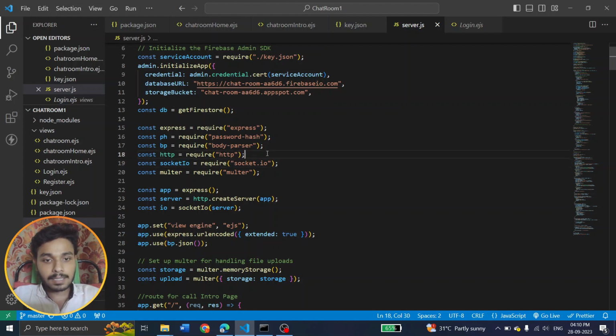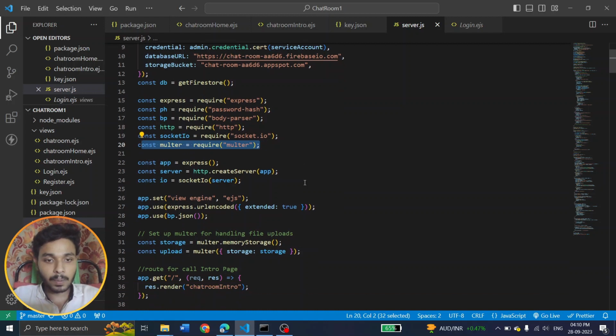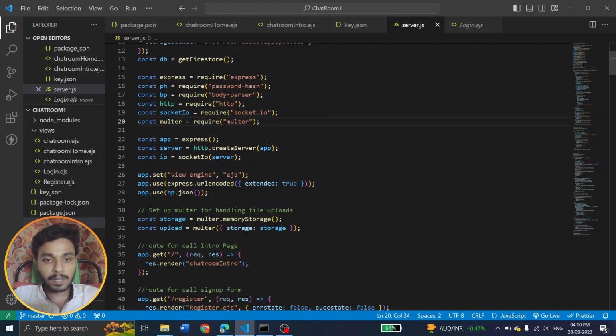Next, HTTP for creating a server side application. Next, multer is used for handling file uploading. File uploading means we are giving a profile image in the registration form, so handling the uploaded file is